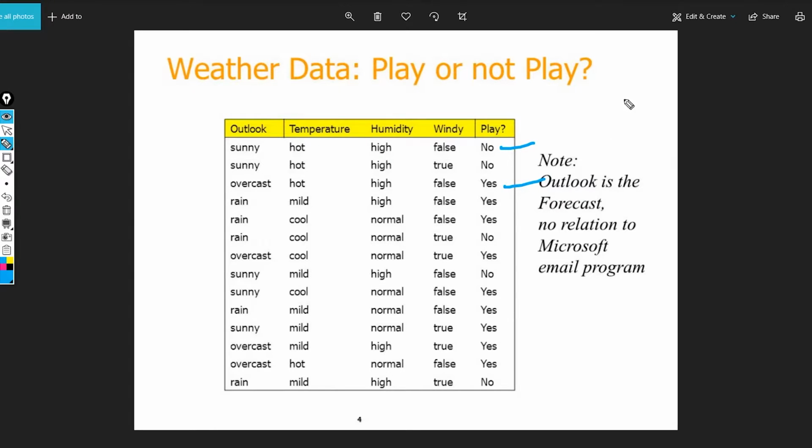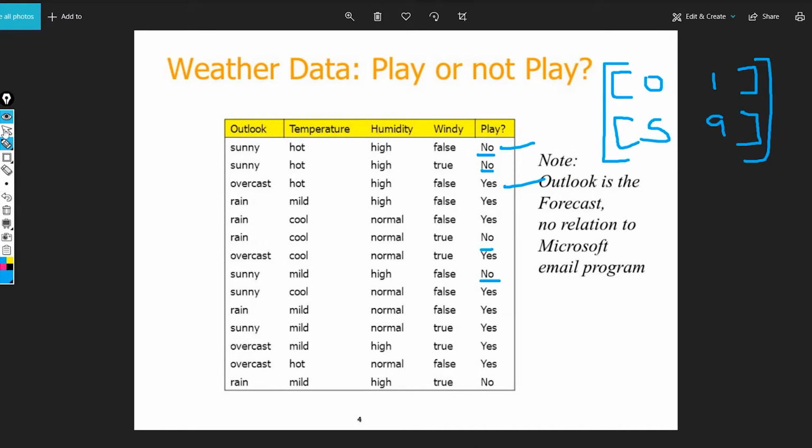These are the only two unique values. So it is going to return a 2D array like this. In the first row it is going to have 0 and 1 because these are the two unique values, and in the second row it is going to have the number of counts because we have set return counts equal to true. So it is going to return 5 and 9. This is what it is going to return.